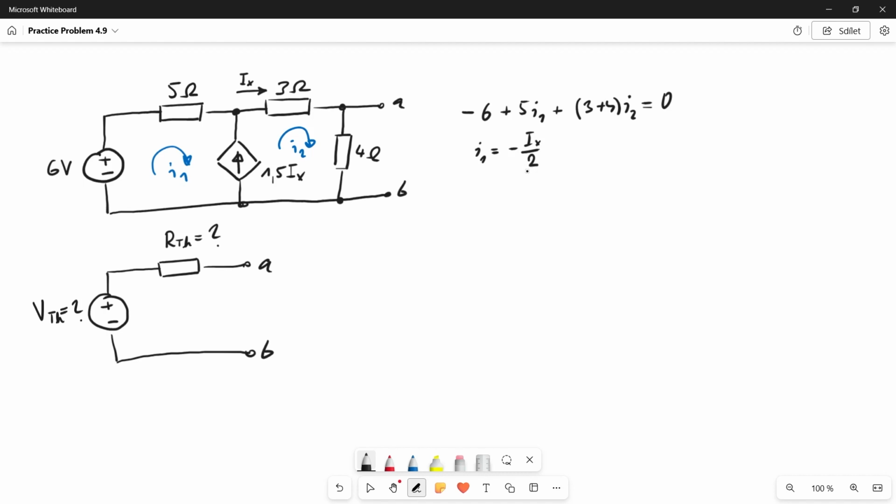Now, how do I know that? Well, this current source provides 1.5 current x, and the current in this branch is current x, which means that the rest, the half of current x, has to go this way. So that's how we know that current 1 is minus current x divided by 2. And we know that current 2 is equal to current x. Now, if we substitute these two equations into the first equation, we get that